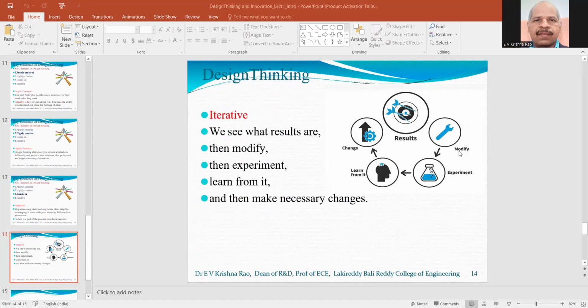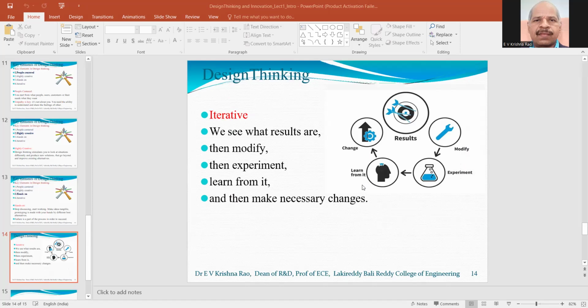Once it is developed, if it is not suitable or the result is not as expected, you modify the principle or design process, thinking process, idea, and once again you experiment. And while doing the experiment, you learn from it what results you are getting out of the experiment, and if necessary, you learn what key parameters can be changed